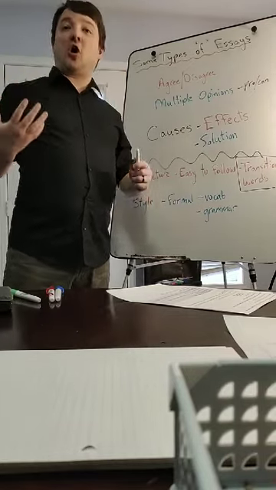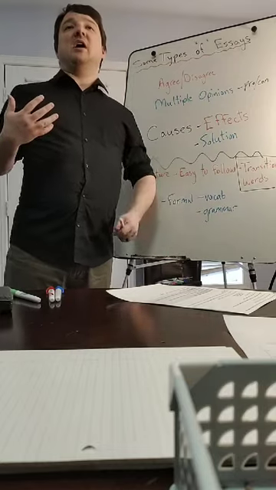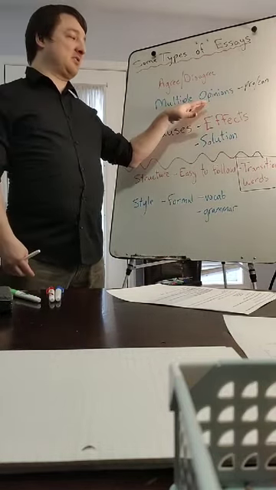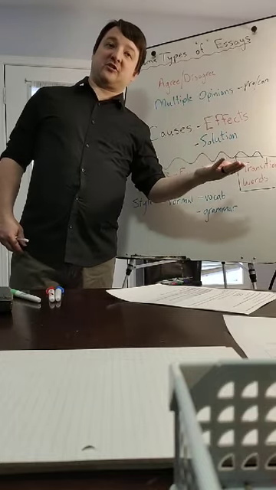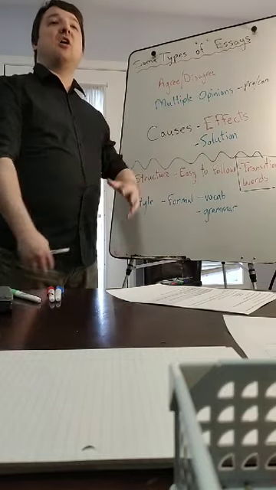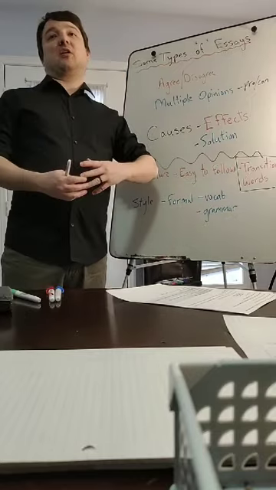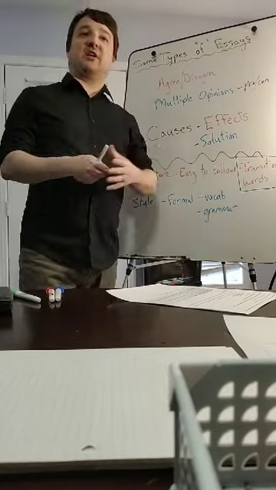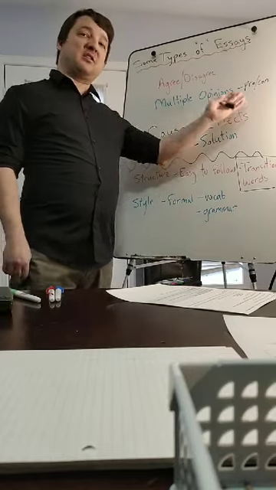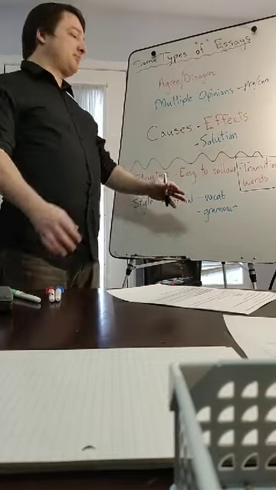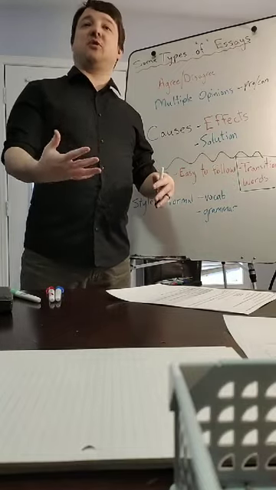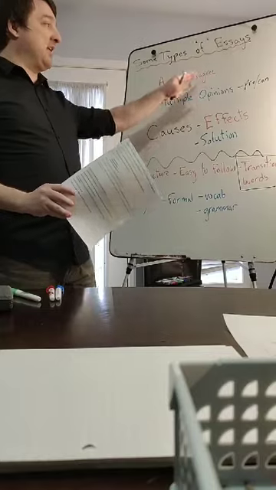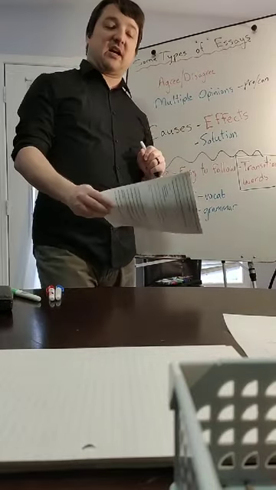But we can also use contrasting transition words. On the other hand, so when you're having multiple opinions, when you go from the first opinion to the second opinion, on the other hand, or contrasting with something, right? So that way you're showing that you're changing from one opinion to the other opinion, right? And so transition words are really important for that kind of thing. Now I have some examples in here depending on the different types of essay, okay?